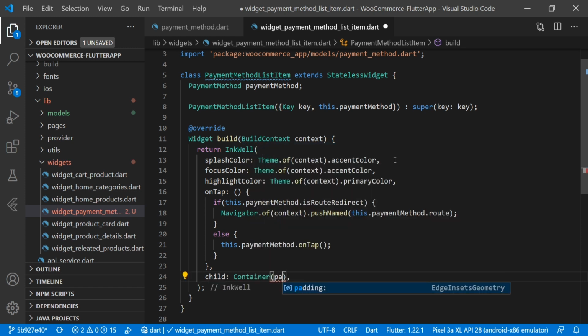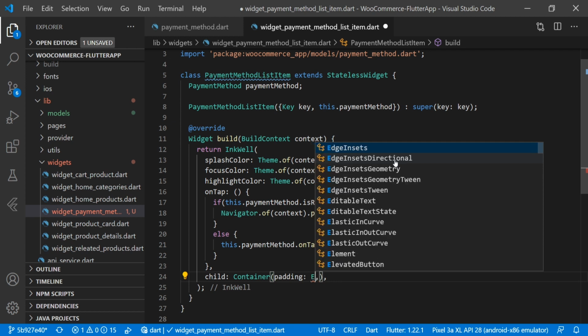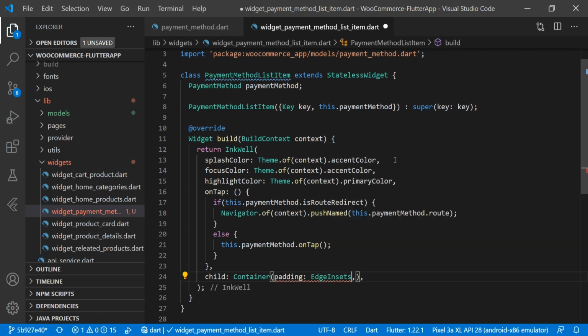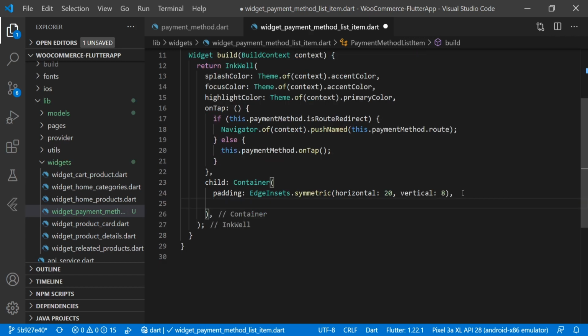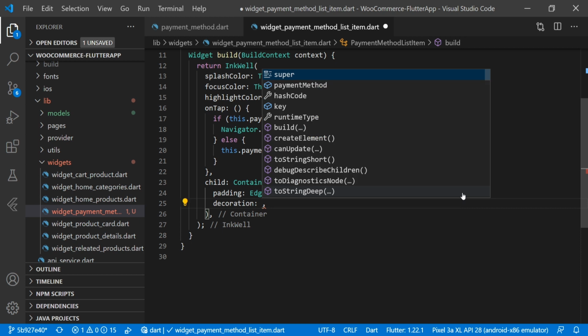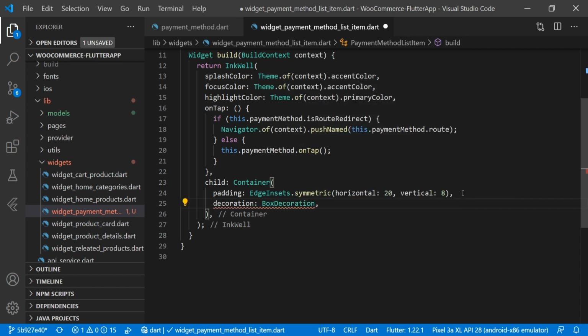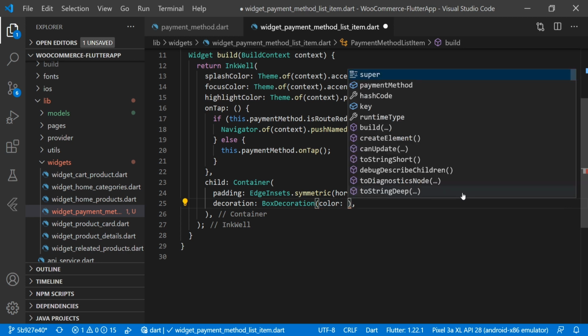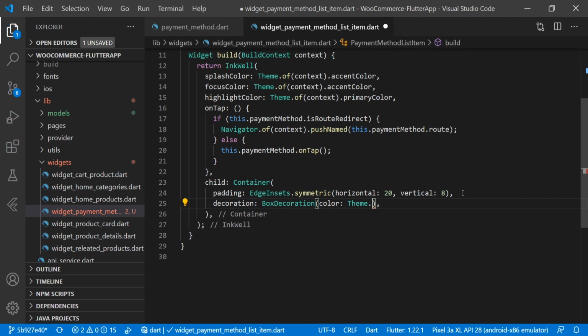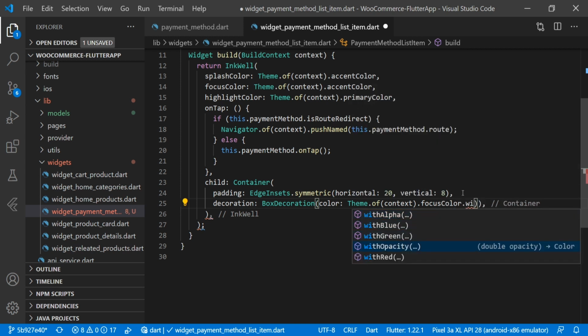Then we have the padding here, and for the padding we are using here edge inset dot symmetric, and horizontal we are using here 20. Then for the vertical we are using here 8. Then we are using here decoration here, and for the decoration we are using here box decoration, and here we will pass the color here, and for the color we are using here theme of context, and here we are using here focus color with opacity 0.1,